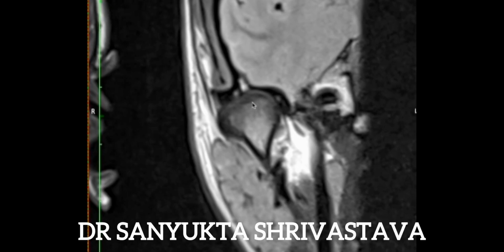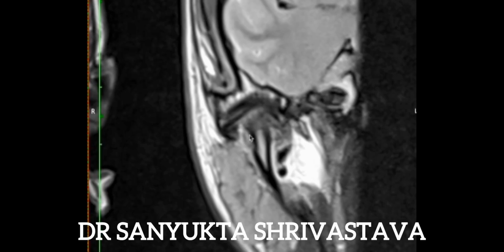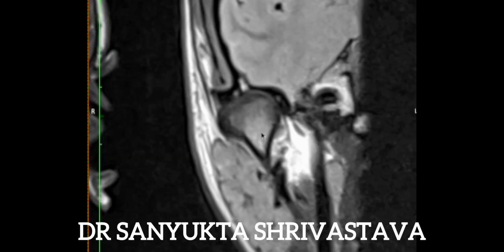So this area that I'm marking with the cursor is the disc, and this has slid down laterally on the condyle. This is the condyle. Now, if you can appreciate, the condyle has a lateral tilt, as we have already discussed. This is the right condyle of the patient on coronal view, and it has a lateral tilt. So a laterally displaced disc has forced the condyle to grow laterally.